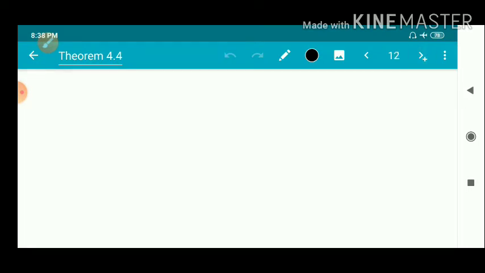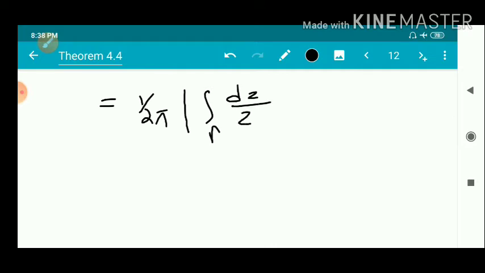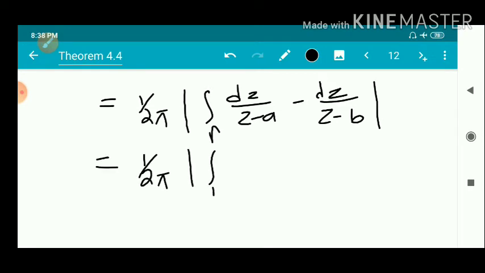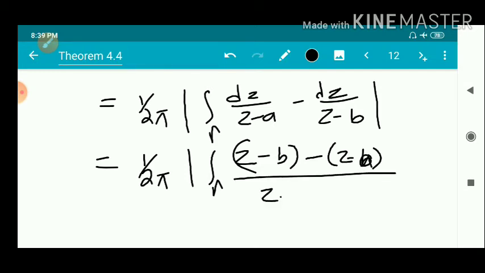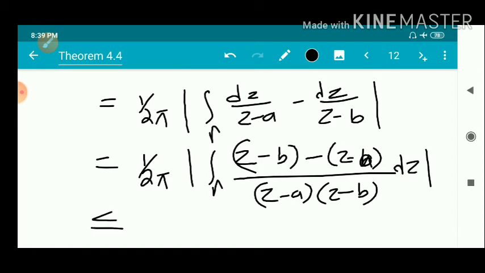And now we can take modulus of 1 by 2 pi i. Modulus of i is 1. So that's equal to 1 by 2 pi modulus of integral over gamma dz by z minus A minus dz by z minus B. That's equal to 1 by 2 pi modulus of integral over gamma. By cross multiplication we get z minus B minus z minus A, whole divided by z minus A into z minus B, dz. So by the property of modulus and integral, this is less than or equal to